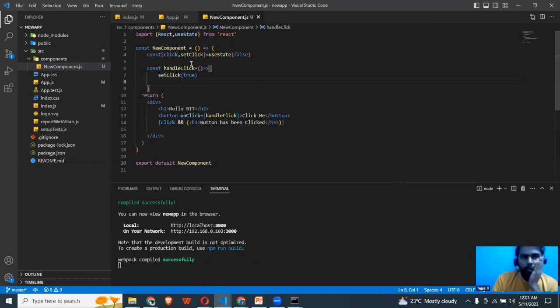Here the property of the state is dynamically being changed. First, I set click to false initially. Then upon the button click, I'll make it true, and then I'll be checking click. If it is true, then I will render this. And now